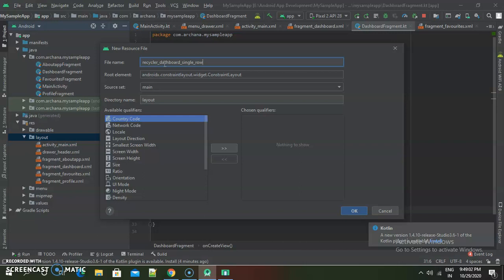Means one book's information we show inside one row, and then a similar design we will apply on multiple rows, but only the data will change for each and every row. Only the data will change: image, author, price, pages, rating, but the design we want is the same. So we design this single row, and then such rows are replicated in the recycler view. For that purpose we need to design one single row only. So I'm giving the name recycler dashboard single row and click on OK, and then